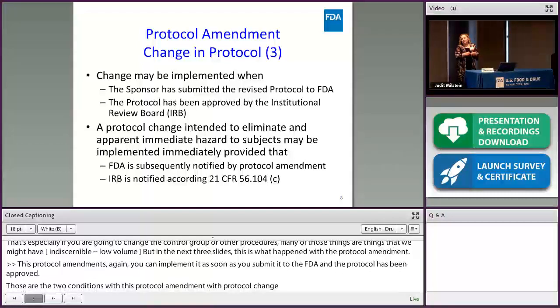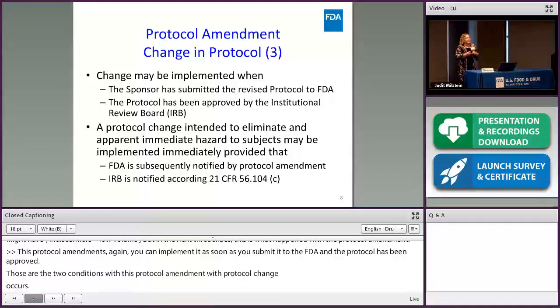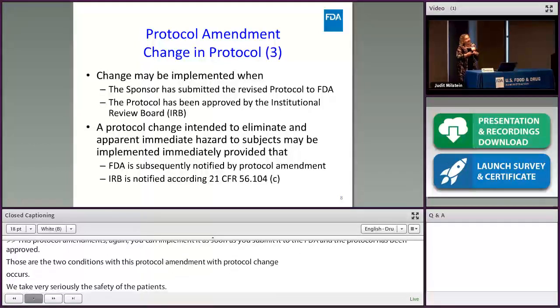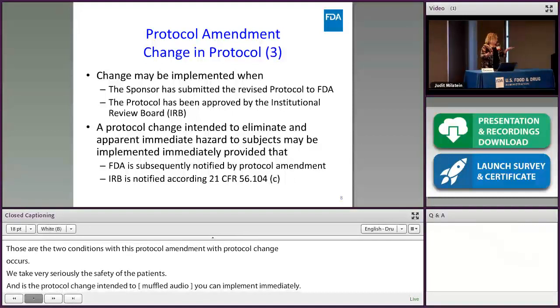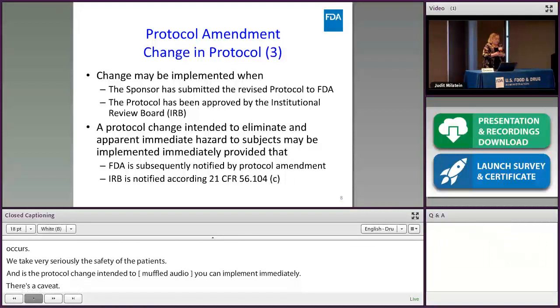And if it's a protocol change intended to eliminate an apparent immediate hazard to subjects, you can implement it immediately and notify the IRB. Caveat, this is very general, very broad, and it's written in the Code of Federal Regulations. However, if you find an immediate hazard to your subjects in a clinical trial that you are conducting now, you